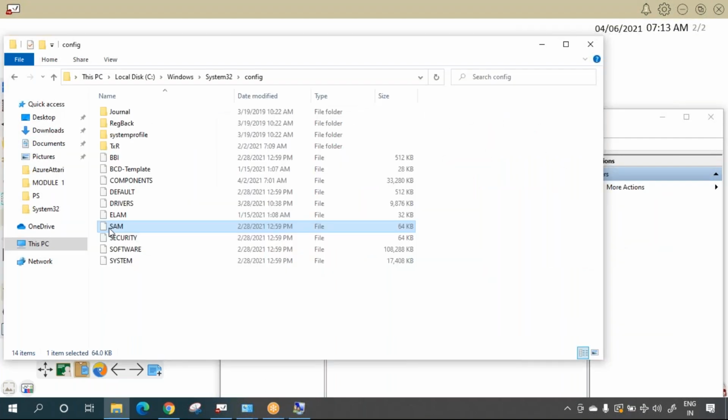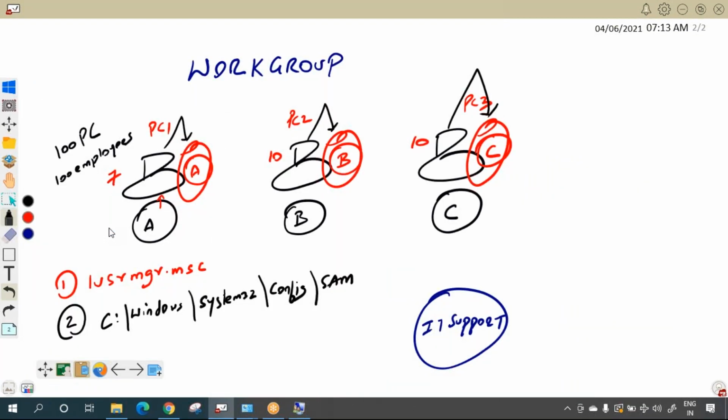Now going ahead. So friends, if I want A to log in into the PC of B, I need to create the user of A here. So I need to log in into PC2 and create the user of A in the local database of PC2. Then only A will be able to log in to PC2. The same way I need to create the user A in PC3 if I want A to log in into PC3. So in case of Workgroup,